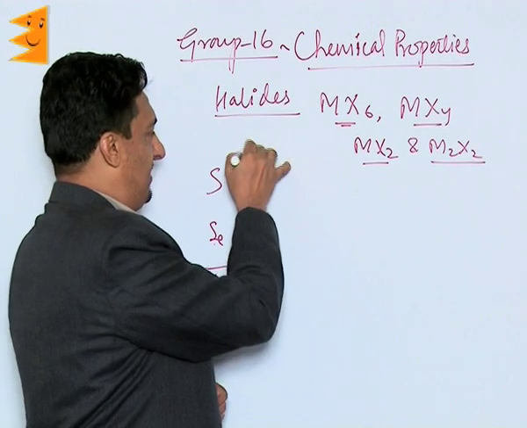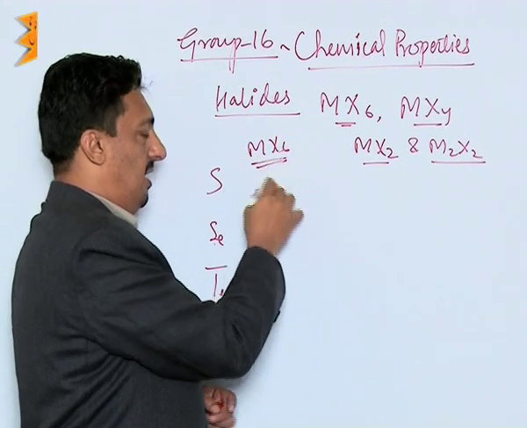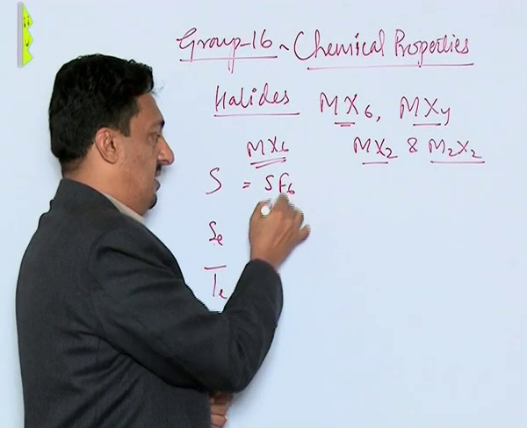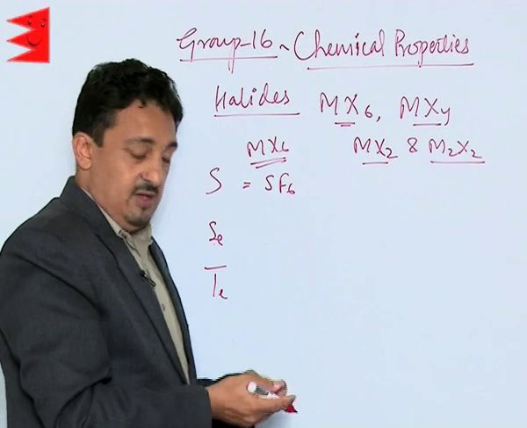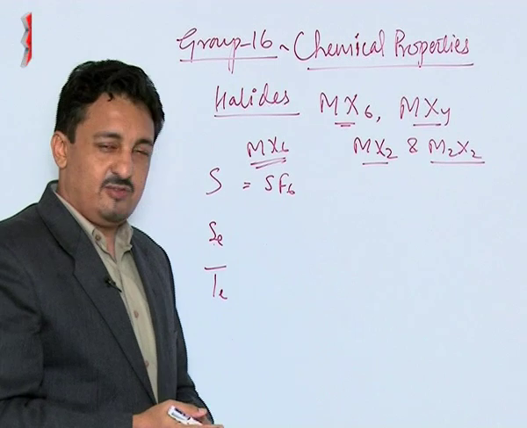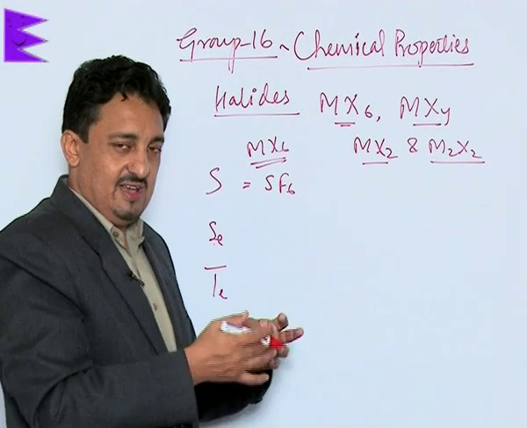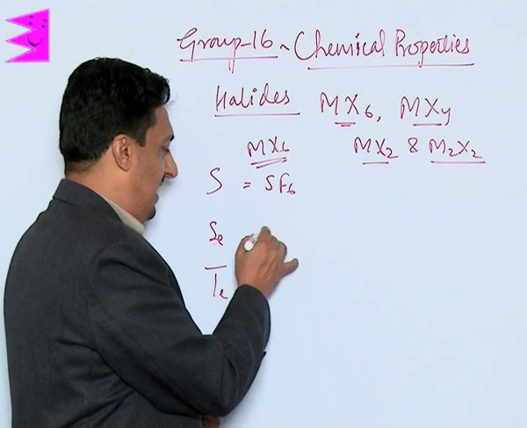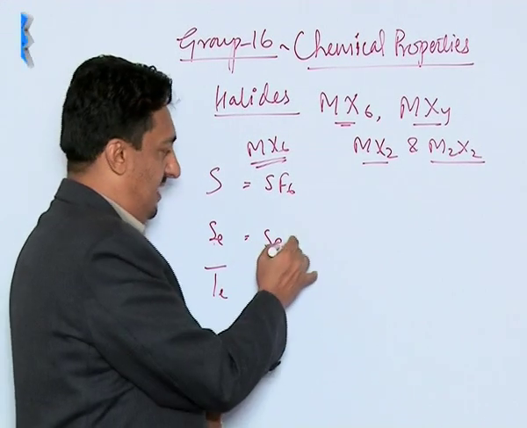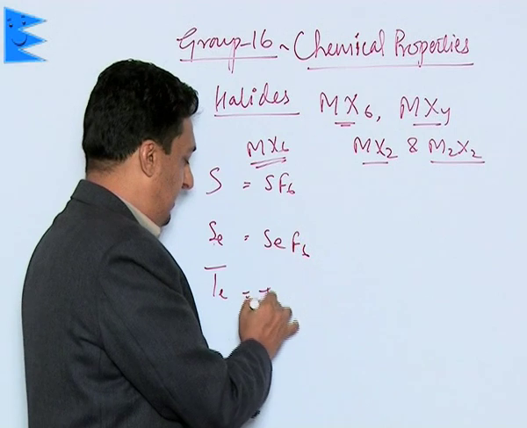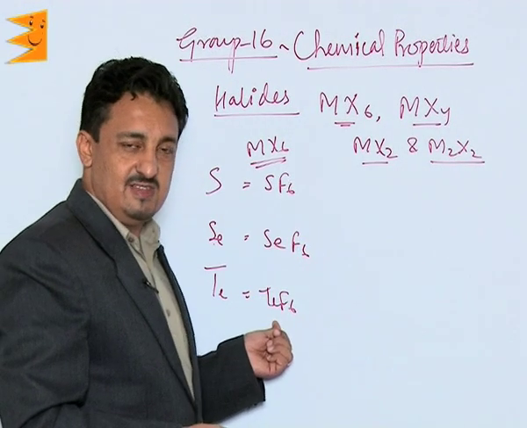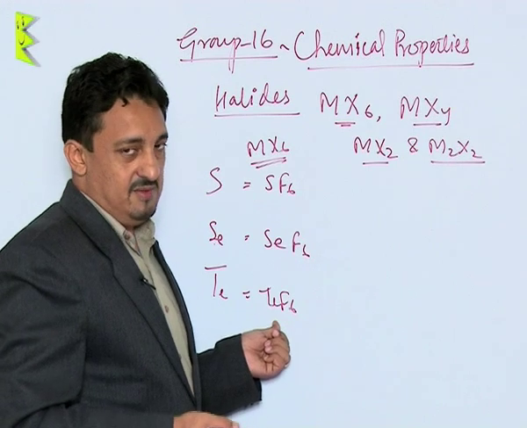Let's talk about first MX6. MX6 hexahalides are only possible in the case of fluorides. The chlorides, bromides and iodides are not so strong oxidizing agents. They cannot oxidize these elements to their +6 oxidation state. So we have hexahalides only in the form of fluorides as SF6, SeF6 and TeF6. Of course, this will not be very stable because tellurium is not stable in the +6